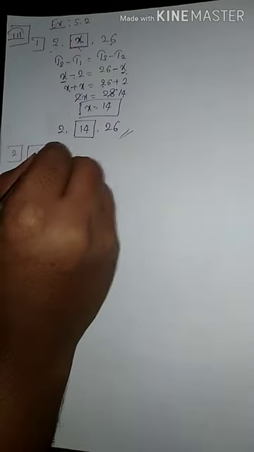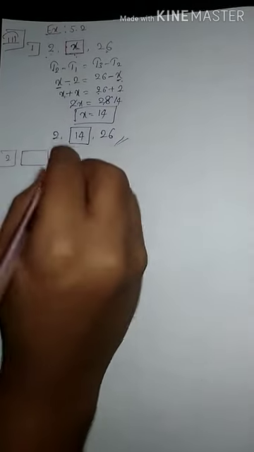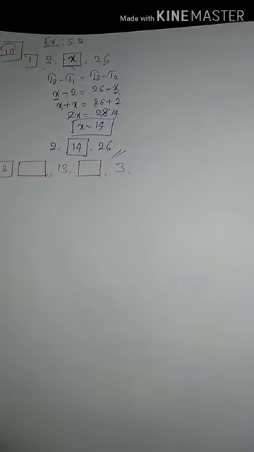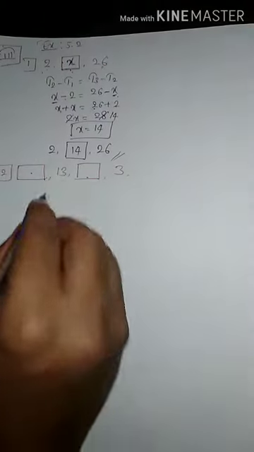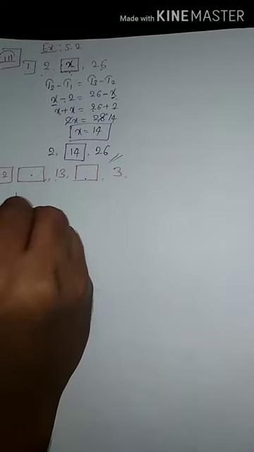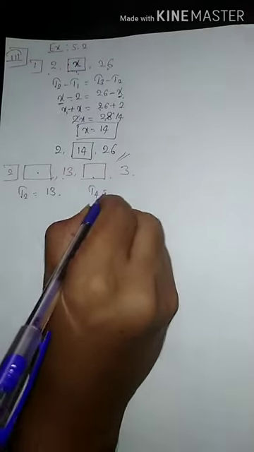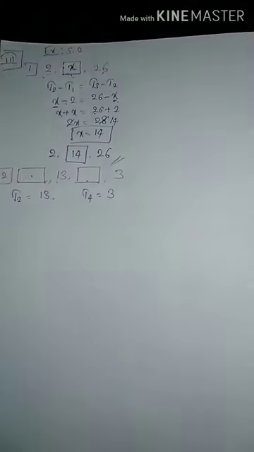The next, second example. First term missing, we don't know the first term. And the second term they have given is 13. Third term is also missing and the fourth term is 3. So here we have to find the first term and the third term of an AP, but we know T2 and T4. So T2 is equal to 13 and T4 is equal to 3.